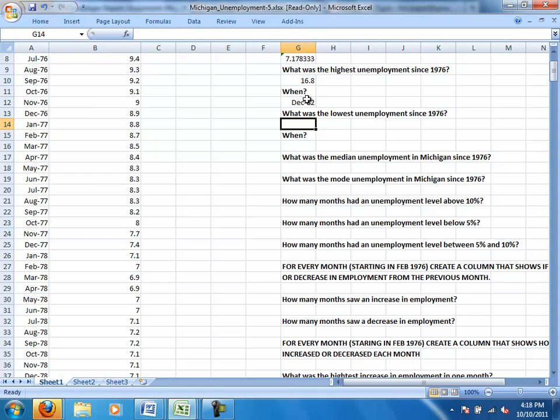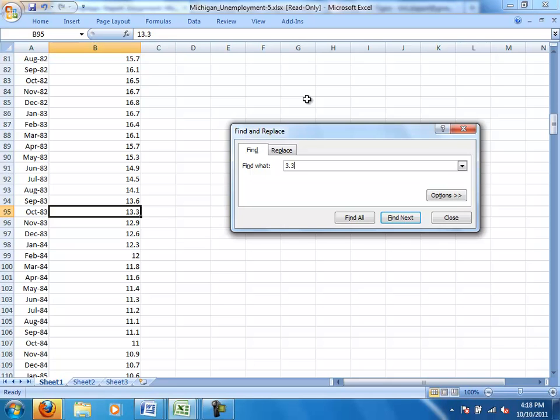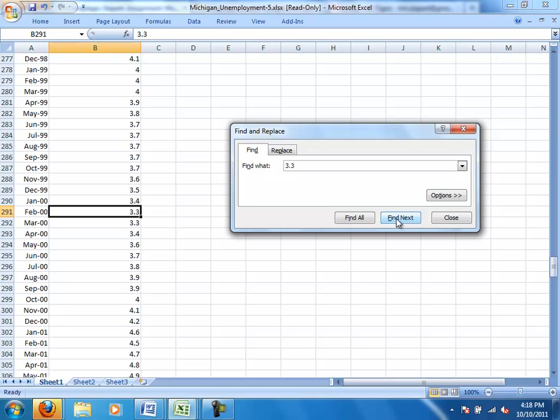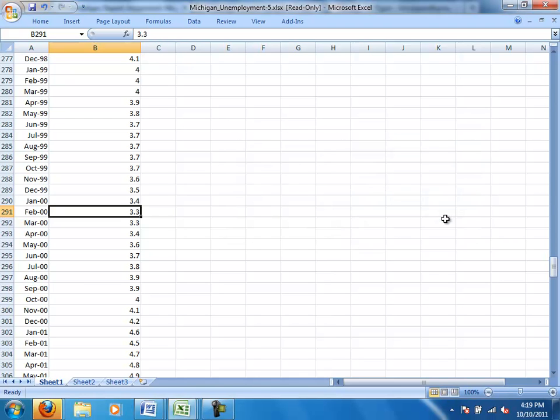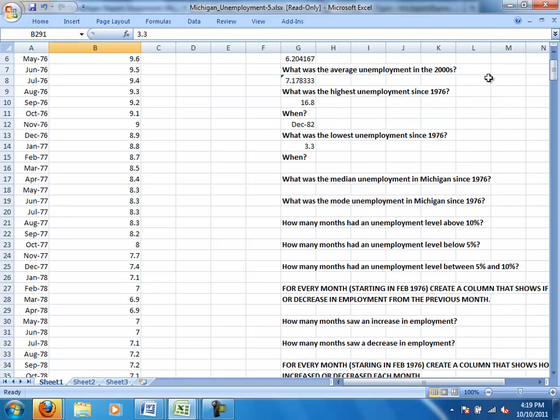When was the lowest? Same idea, except this time I'm looking for a minimum. So from B2 to B429, it happens to be 3.3, and when I do a search for this one, the first thing it comes to is this 13.3. Obviously I don't want 13.3, so I'm going to find the next one, and I actually see that there are two of them. In February and March of 2000 we had 3.3% unemployment, which is ridiculously low. So 3.3% happened in February and March of 2000, and I'm just going to put February of